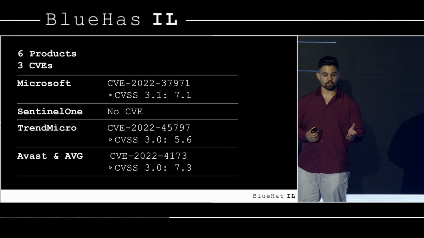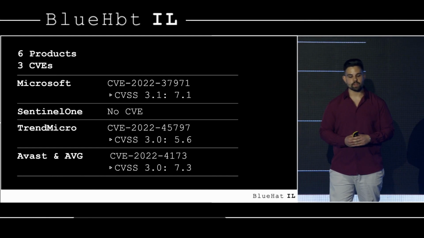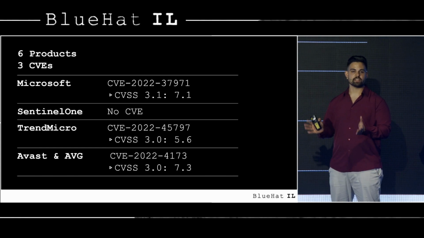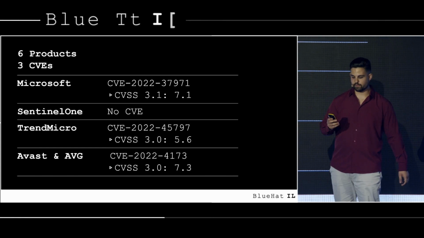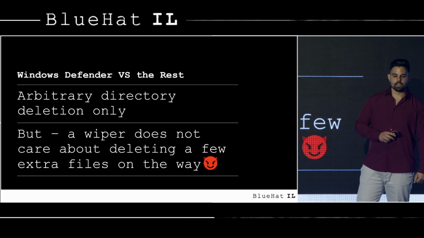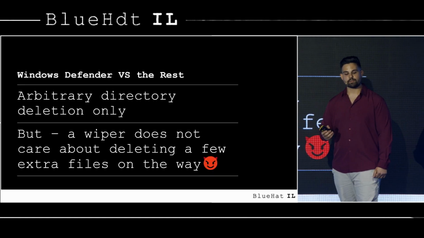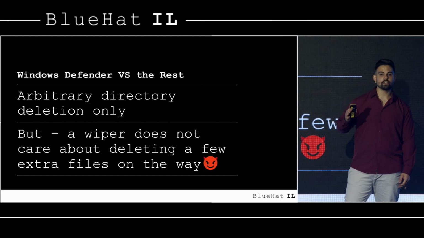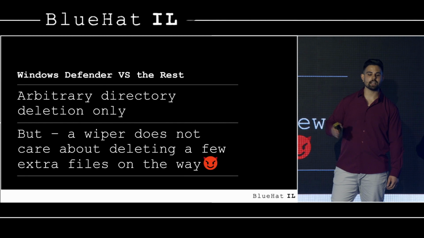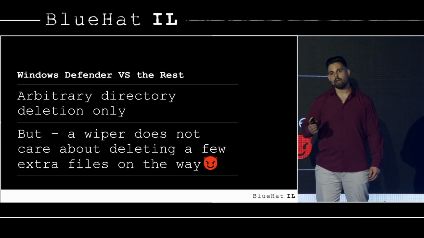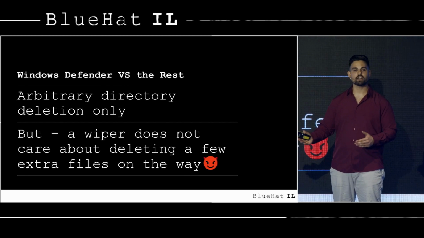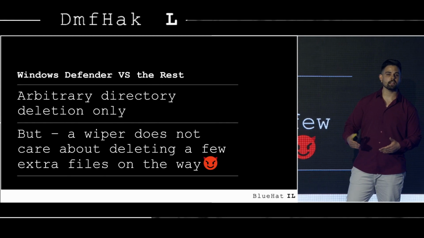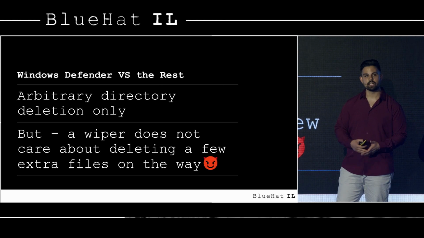And I was also surprised to learn, but it's good to know, that Avast and AVG belong to the same vendor called Gen, and they also use the same source code that is vulnerable to this vulnerability. I also have one more disclaimer, and that is regarding the vulnerabilities in Defender, and they allowed me to delete only whichever directory that I wanted and not any file. But as a wiper, this really doesn't matter too much, as you just want to delete files. So if you want to delete a certain file, you can just delete its parent directory, and it will be